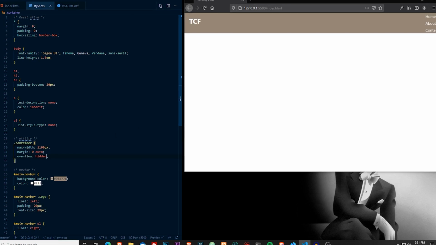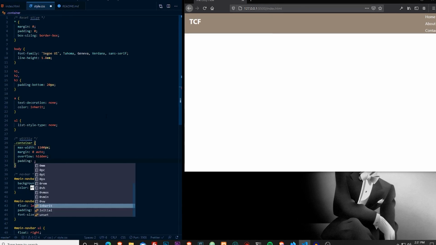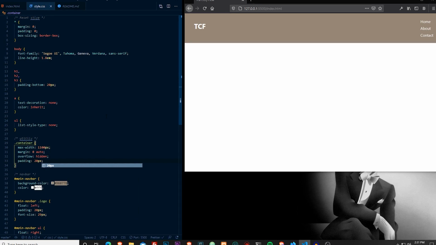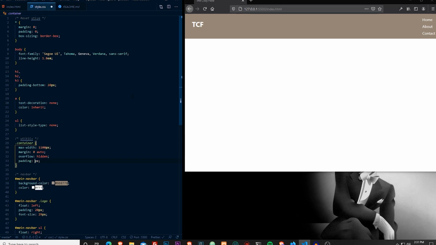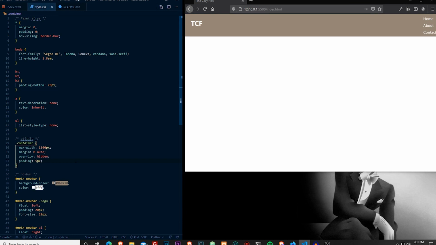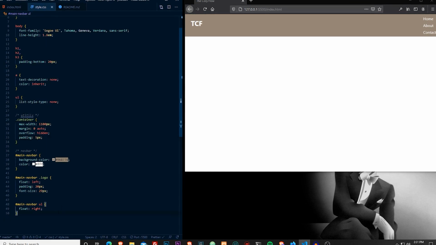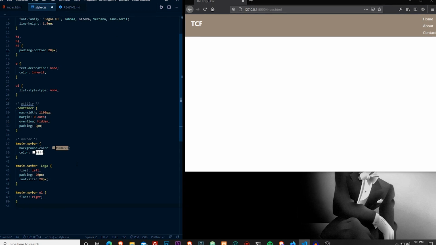Nice, overflow of hidden. Okie dokie. And we also want to give this a padding of like 20 pixels maybe. Nope, maybe like 10 pixels. Let's see how much 5 pixels is gonna be like. Let's go with 5 pixels. That looks good. And moving along, that's pretty much enough for the UL, and now we're going to be